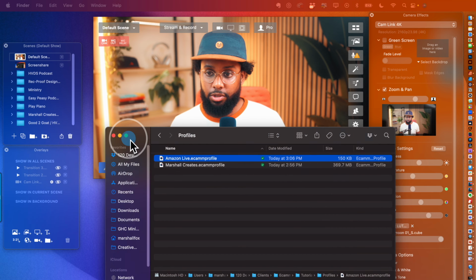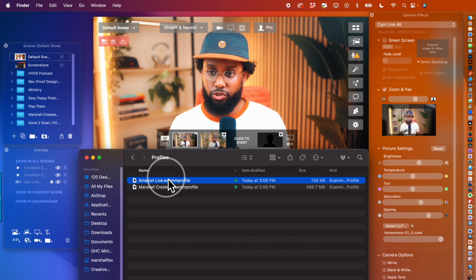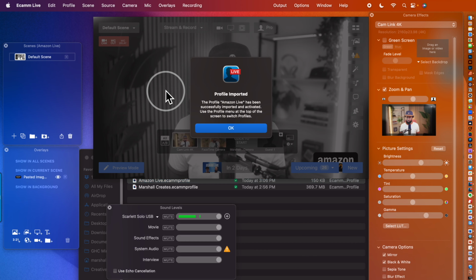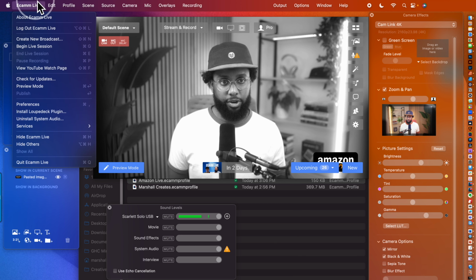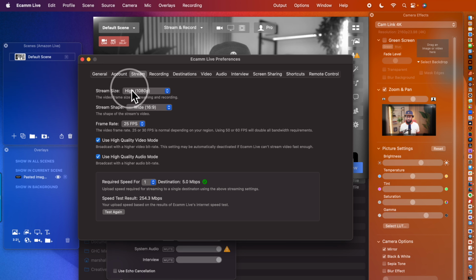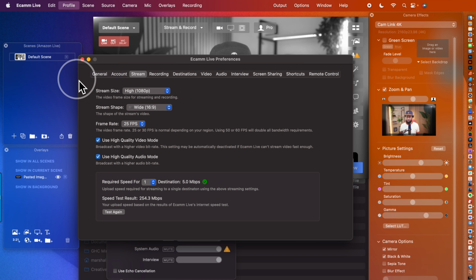So all you got to do is open up your profile. You can double click it or drag it right onto the Ecamm window. You'll get this pop up, hit OK. So now you'll see you have the new one that you recently imported. So if I go up to Ecamm Live and then Preferences, you'll see the stream settings are different for this one. Okay. So if I go to the different profiles, for example, Marshall Creates,